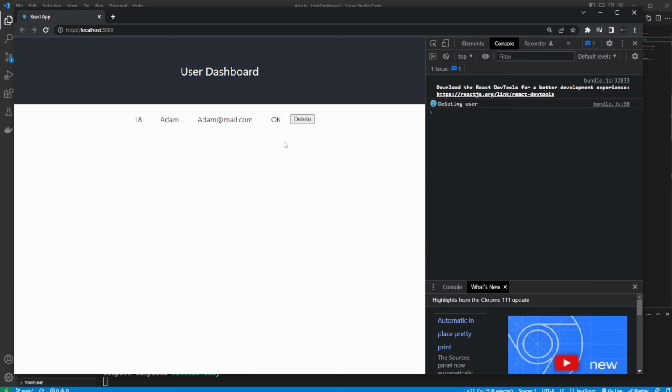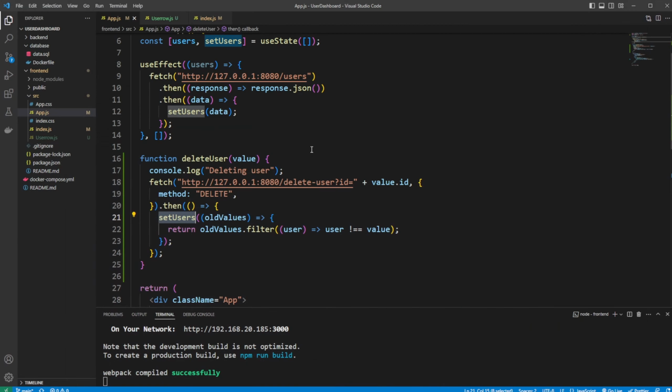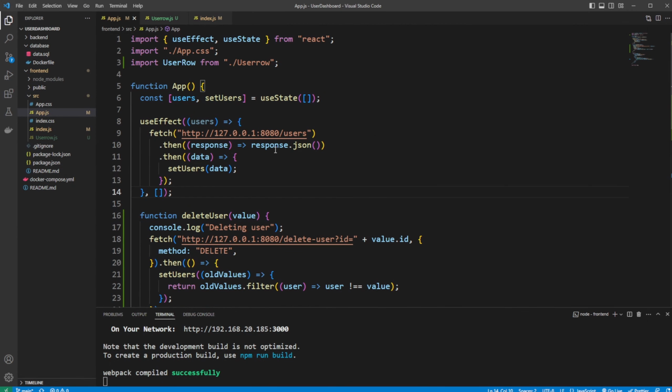We would then like to have an edit mode where, instead of just having text, we have some text fields here. We can actually change the data to then be able to save it once again. And we will also have an add mode down here. We can add a completely new user. But for now, I just quickly want to show that we can now delete our users. So we are slowly moving forward in this CRUD front-end